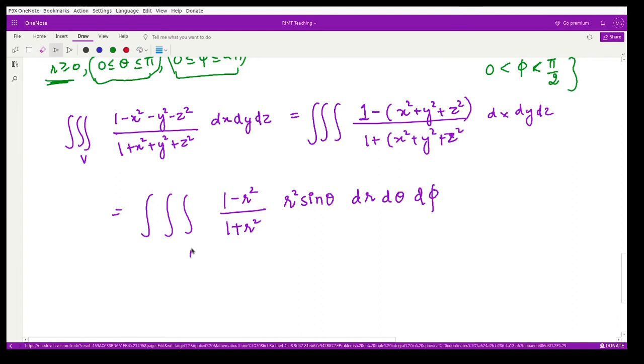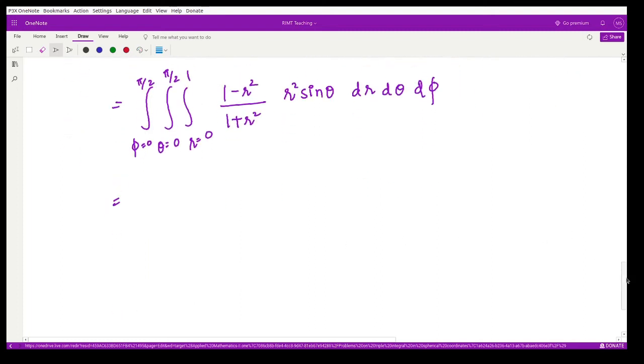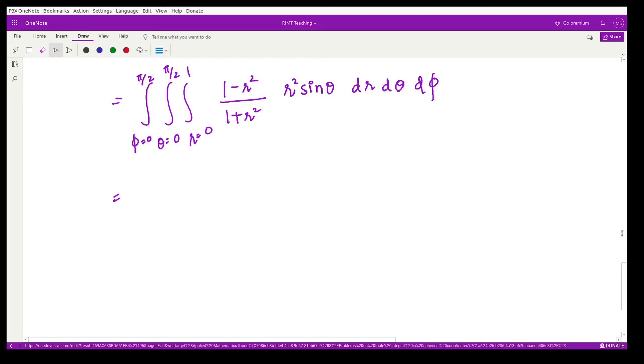So that means you will first write the limits for r, they are from 0 to 1. The limits for theta, they are from 0 to pi by 2, and the limits for phi, they are from 0 to pi by 2. Now again, all the limits are constant, so it would not matter which limit you solve first. So it is up to you how you wanted to solve this particular thing. So firstly, we'll solve the integral corresponding to